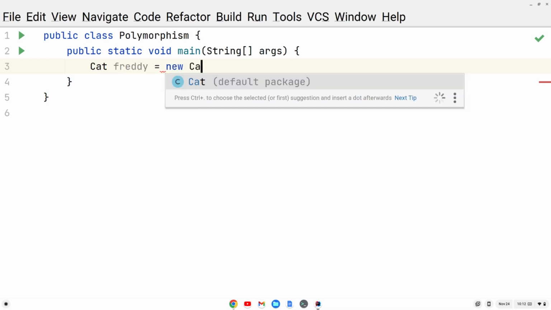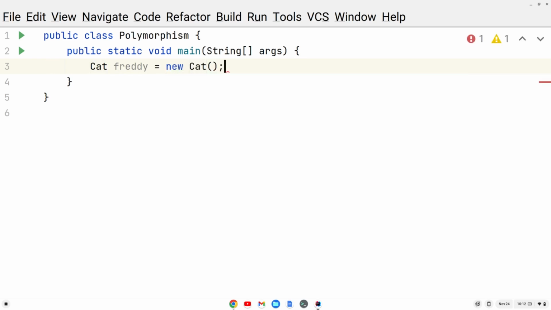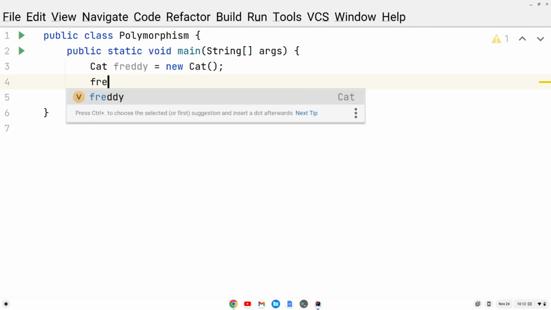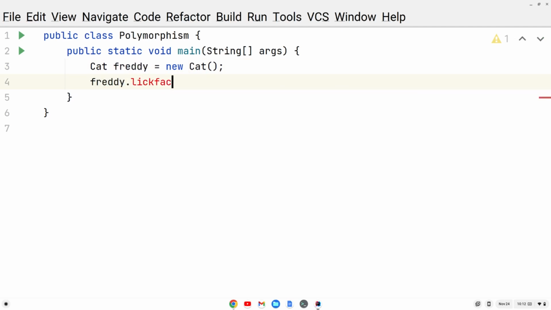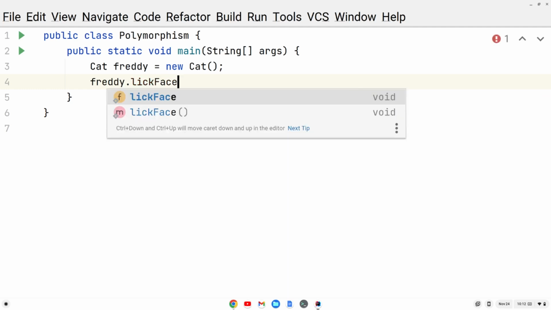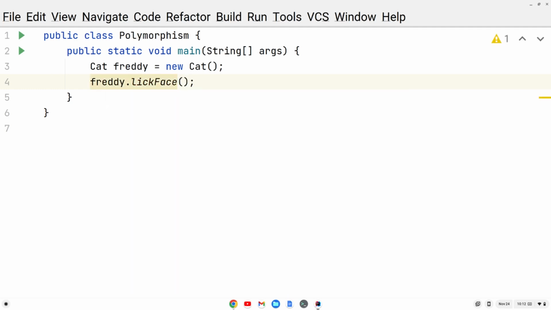It's going to be a new instance of the class cat, and we can do Freddy.lickface. Now, my IDE is letting me know that I could just do cat.lickface, but I can do Freddy.lickface. If I run this,